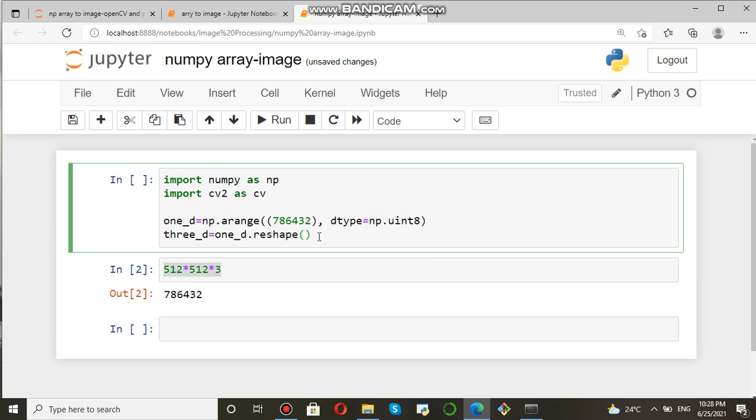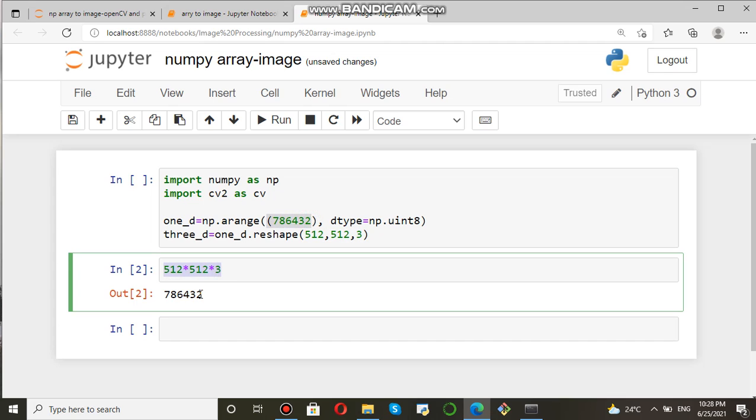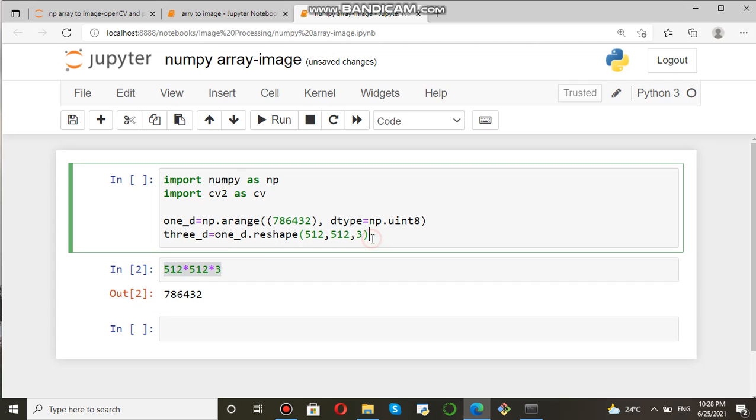And now how to reshape it? 512, 512 and 3. Reshape means the product of all these three must equal this number. That's why I have multiplied here, such that it can accept the reshaping part. So 1D is converted into 3D.